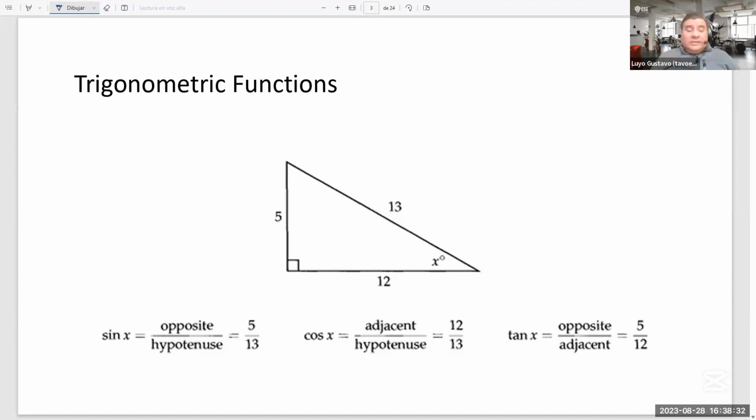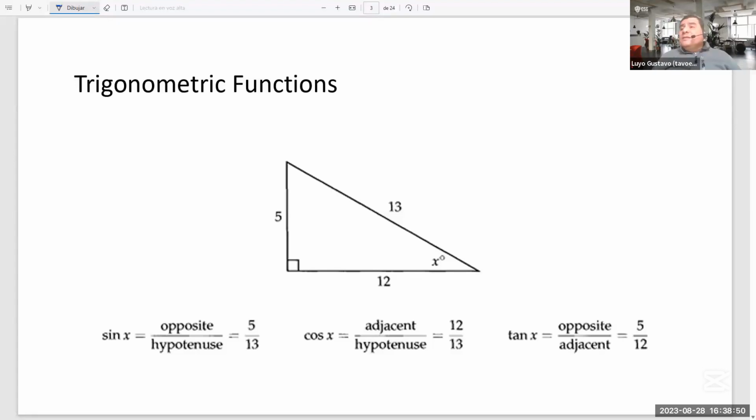But we can always visualize easily the basic values of the 3 functions, that is to say the sine, the cosine, and the tangent,